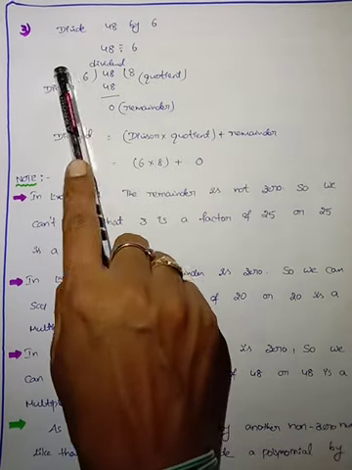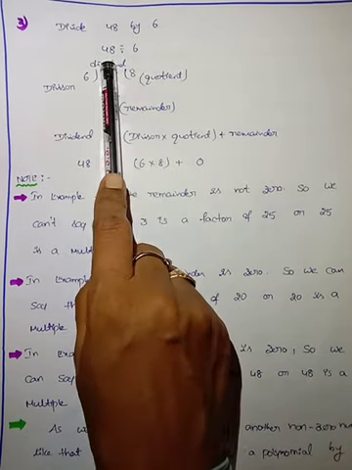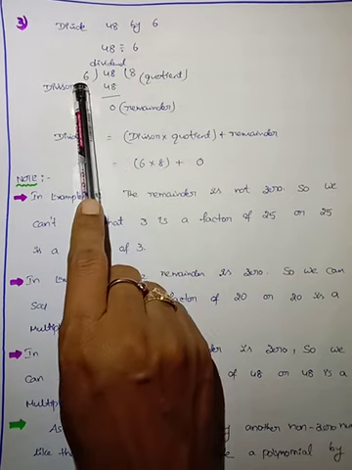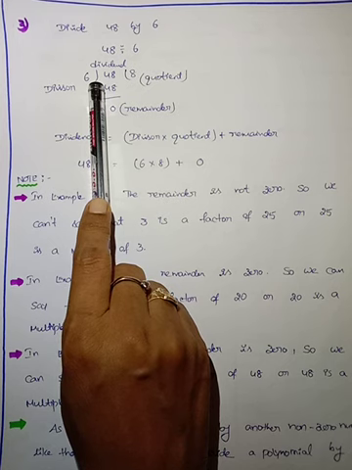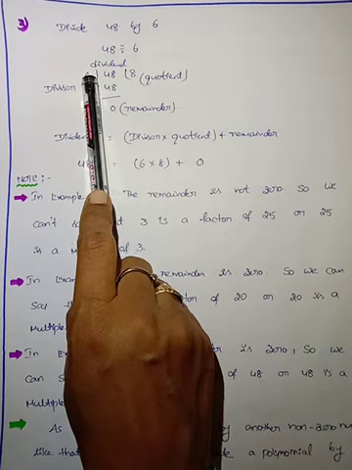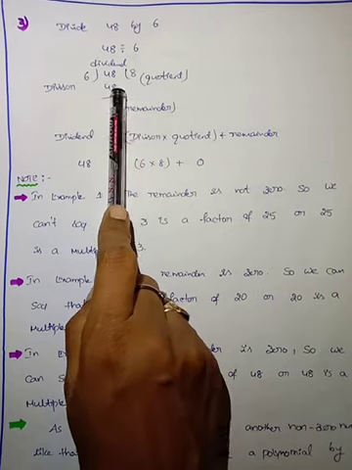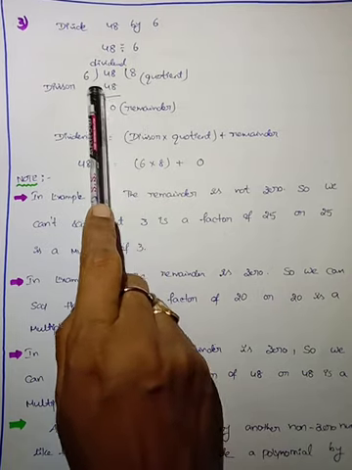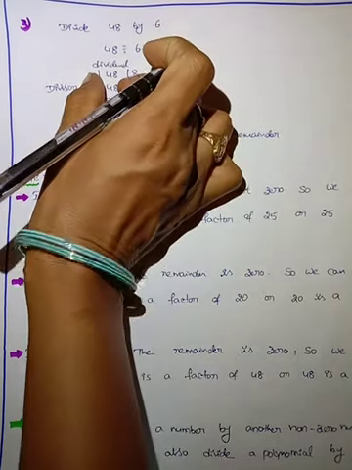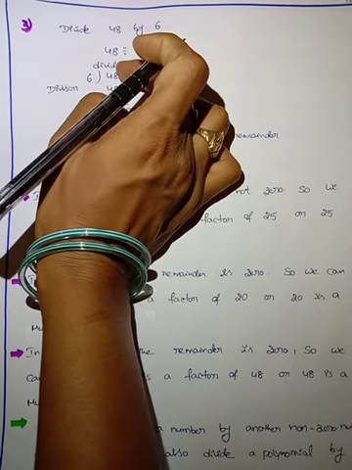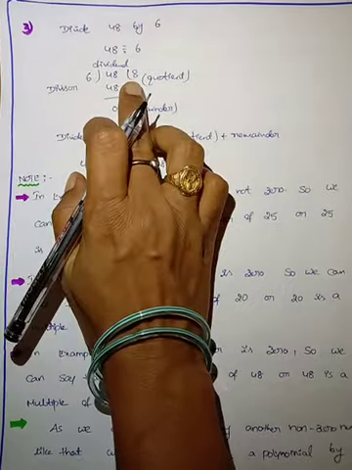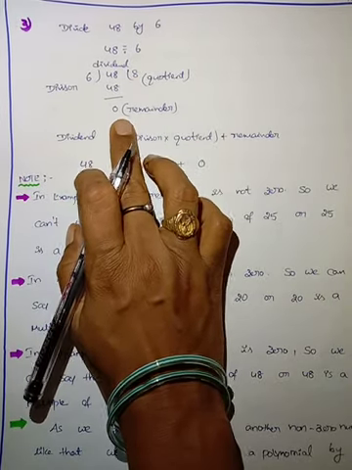Now we take another example. Divide 48 by 6. 48 divided by 6. This is the numerator and this one is the denominator. The denominator is on the left side of the bracket and the numerator on the right side. 6 how much is 48? 6 eights are 48. The remainder is 0. This is the divisor. Inside the bracket is called the dividend. The left side of the bracket is called the divisor. This is the quotient part and this one is the remainder.